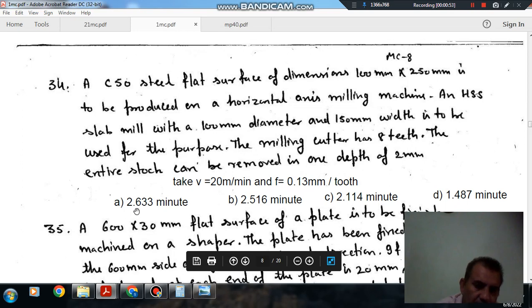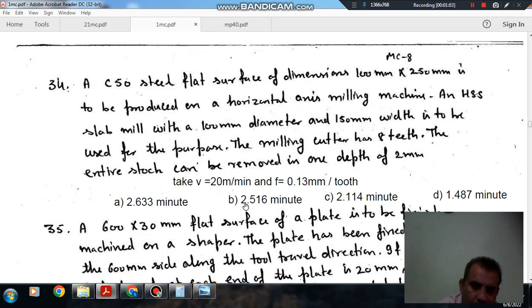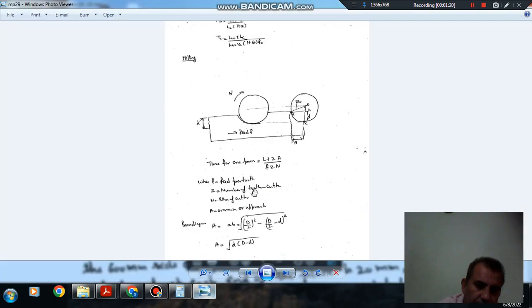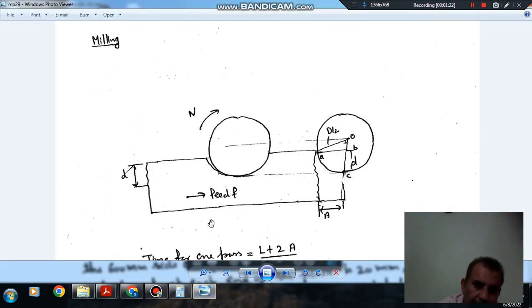So answer options are A 2.633 minute, option B 2.516 minute, option C 2.114 minute, and option D 1.487 minutes. Okay. So first of all, this is your milling cutter, and this is approaching this slab, and this